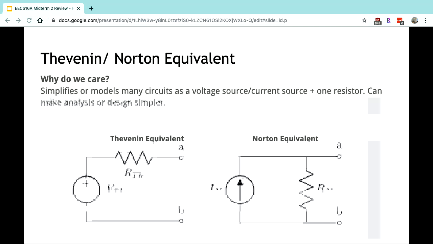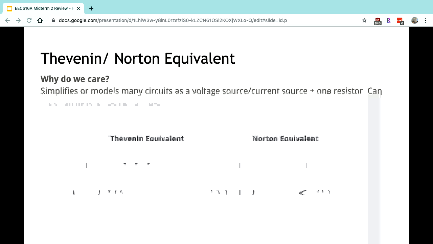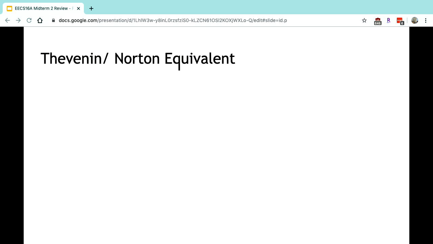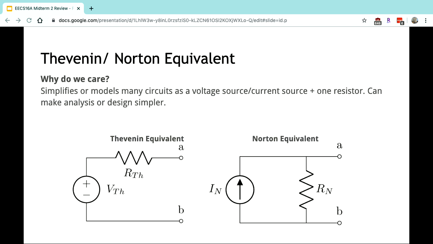One thing to note is that when we say equivalent, it follows the same definition of equivalence that you're given for resistors and capacitors, which is that the voltage and the current that you see on the terminals A and B will be identical to the voltage and the current that you'd see in the original circuit if you were to rewrite that original circuit as either of these. Not all circuits have a Thevenin or Norton equivalent, and you might have seen this in one of the discussions with just a single voltage source or a current source. But if it's sufficiently complicated, which usually means a lot of resistors and a lot of sources, then you can usually find one.